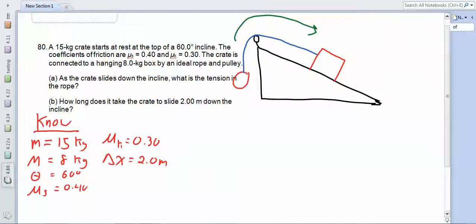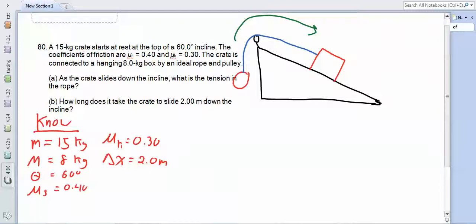Let's work on the last problem on the homework for Chapter 4, hand-graded Part 2. This is problem number 80 in our textbook, and it involves a variation of the Atwood machine that was actually the subject of problem 4.22. Rather than both of the objects hanging from strings and moving in the vertical direction, we can see in the picture that one of the objects is allowed to move on an incline